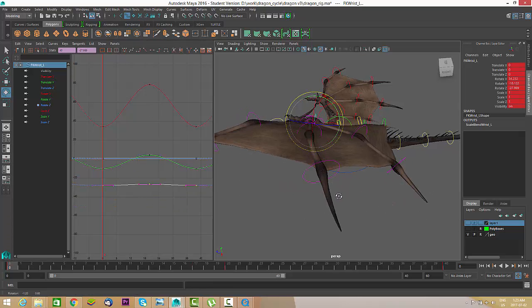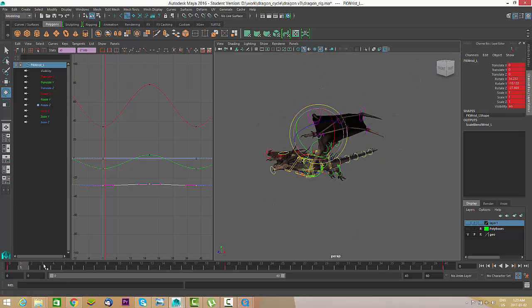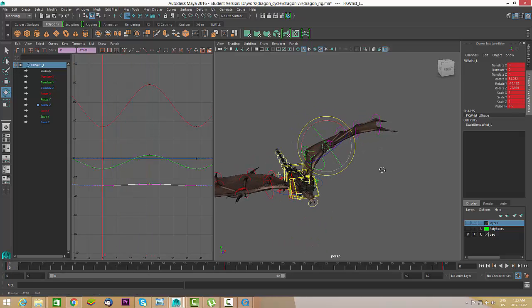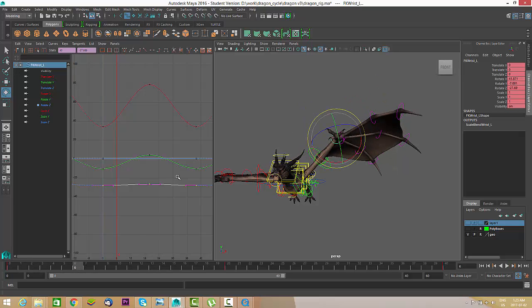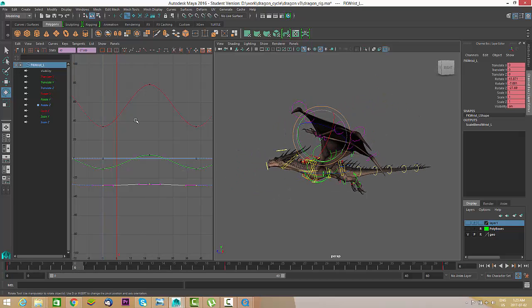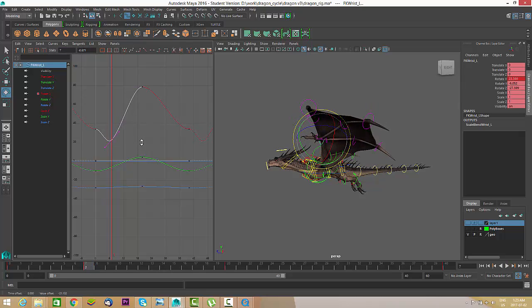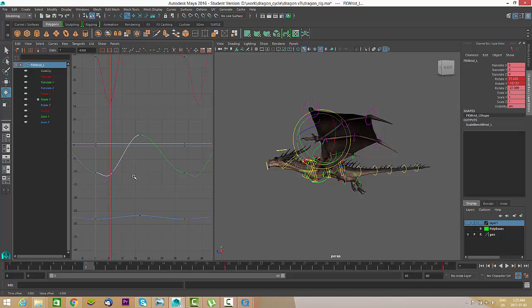Okay, so I think at this point, somewhere at 6 or 7 maybe, my wing needs to be really holding on the air. Need to somehow like this, and somehow like